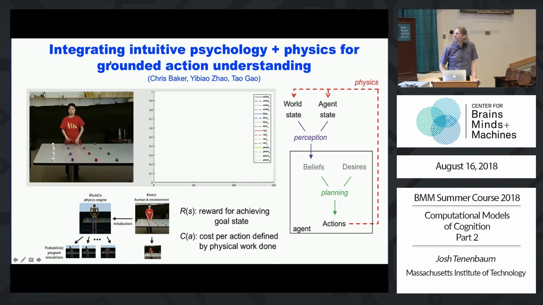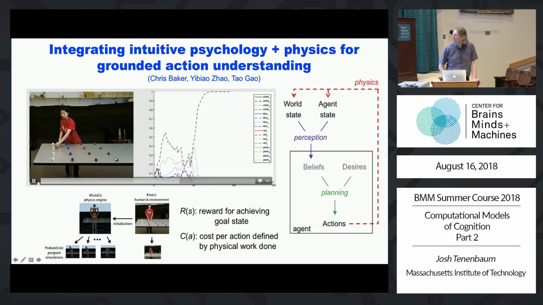And I'll show you this movie in slow motion, actually, and you can ask yourself when you think you know which of those objects on the table she's reaching for. I don't know, raise your hand when you think you know which one she's reaching for. Okay, most of the hands are up by now, yeah. Some of you raised your hands early, but by around this point, this is the timing thing, most of you were raising your hands.